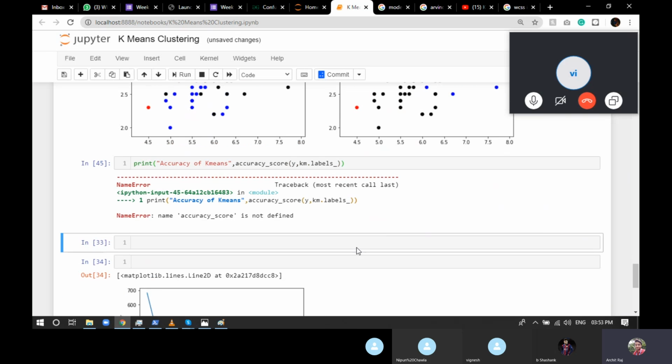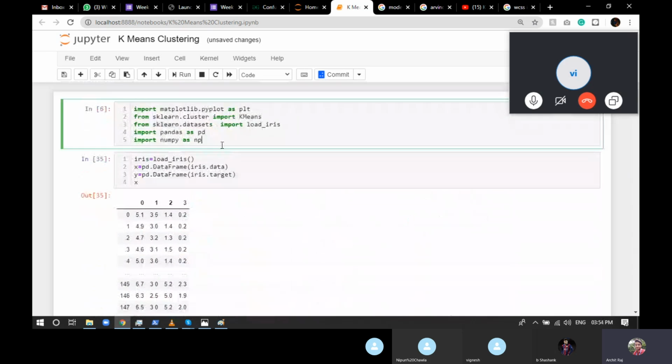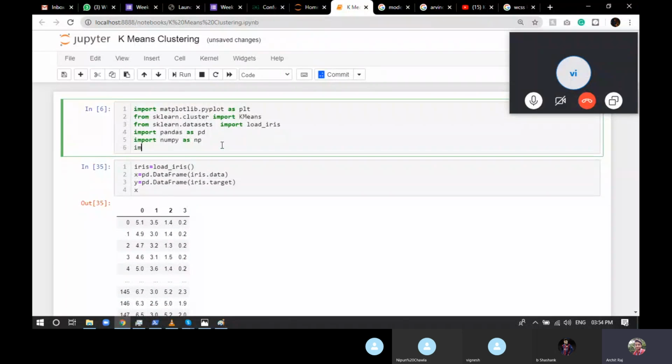Accuracy score is not here. Okay, sorry, I didn't include the folder. So import scalar dot cs, sorry, from import.